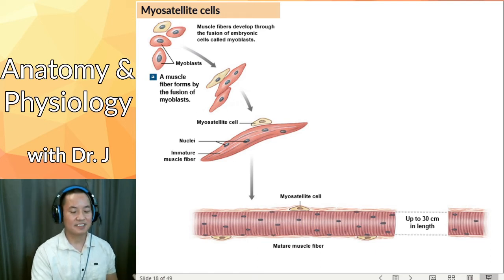But these myosatellite cells, this is why they're kind of like satellites. They're still around in the environment, just like we have satellites surrounding and orbiting our Earth. Our satellite cells are kind of on the periphery, on the outside, in waiting. But the thing is that they don't actively divide as much as other cells. So when they're in this state of waiting, if you go back to the chapter 3